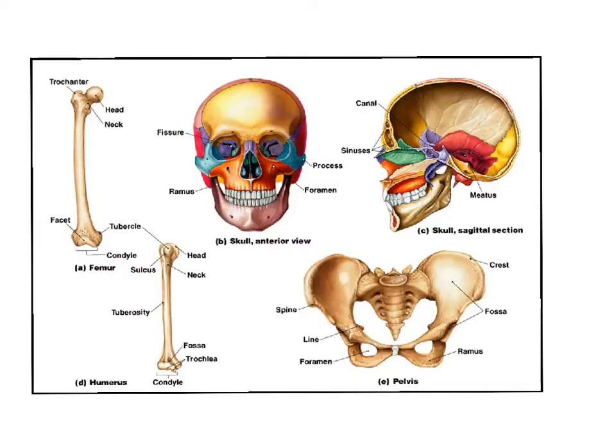So let me give a preview of some of the terms that you're going to be using when you name these landmarks. What you see here are generic terms for bone markings, and you're going to see these terms repeated in several different regions of the skeleton. So I'm not going to test you on what is a ramus, for example, or what is a fissure, or what is a sinus, for example, but you're going to see these terms repeated over and over again in the names for the landmarks. So if you go ahead and understand what a ramus is or what a fissure is,